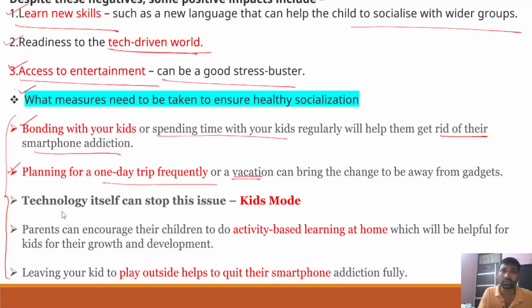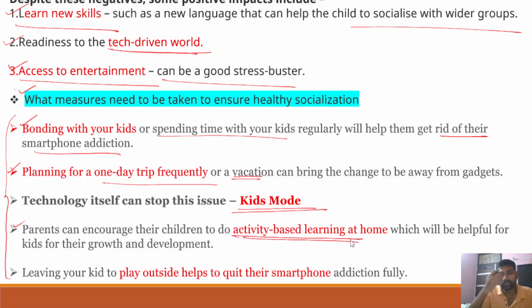How is technology itself a solution? Because there's a kids mode. Whenever parents are away from the kids, they can simply use the kids mode in televisions and smartphones. So in a way, that would reduce children's misuse of technology, or the misuse of mobile phones. And fourth, parents can encourage their children to do